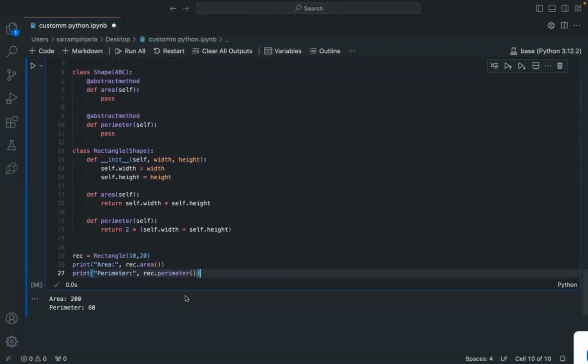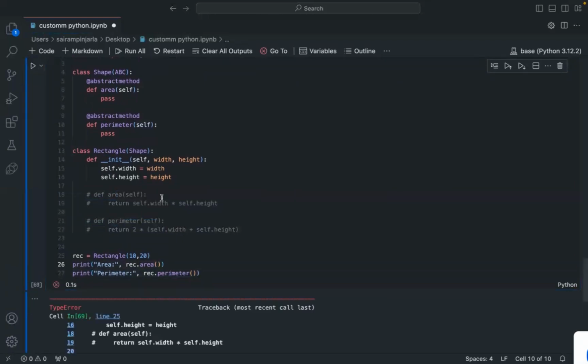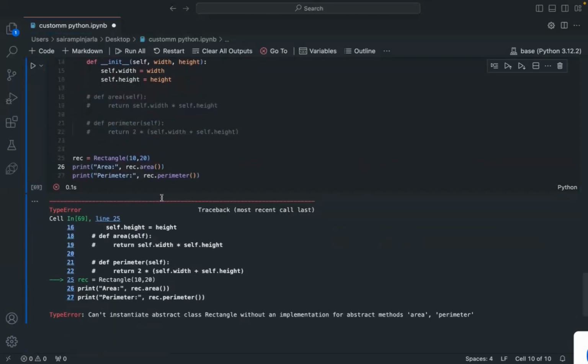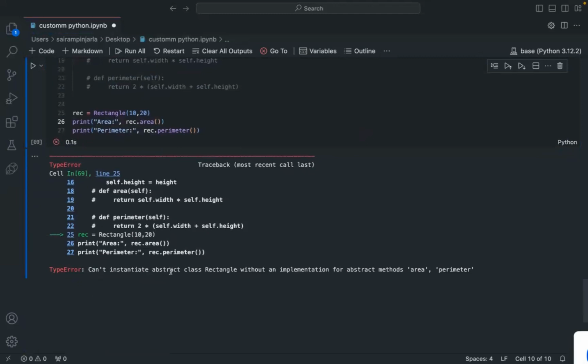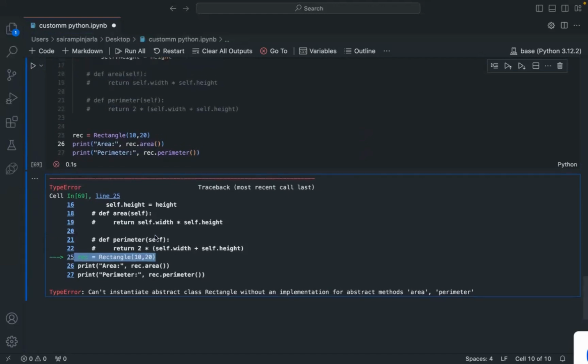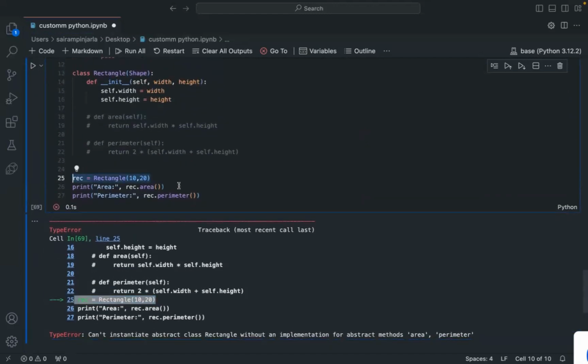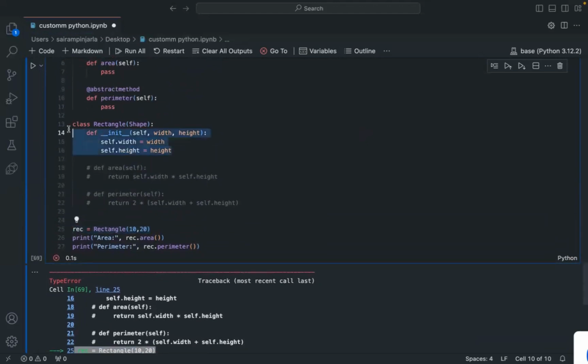But if I don't write this, if I comment it, it throws me an error. Can't instantiate abstract class. So if you see where I've got this error, it is directly in this line, where I'm initiating my object. So I'm creating my object here, I'm initiating it here, and this is where I got the error saying that this class is not valid. It can't create an object for this because